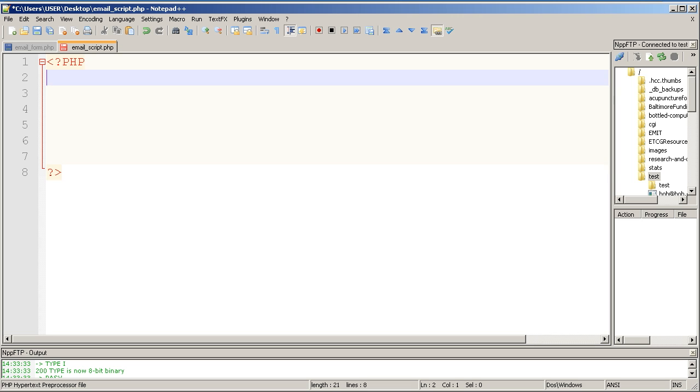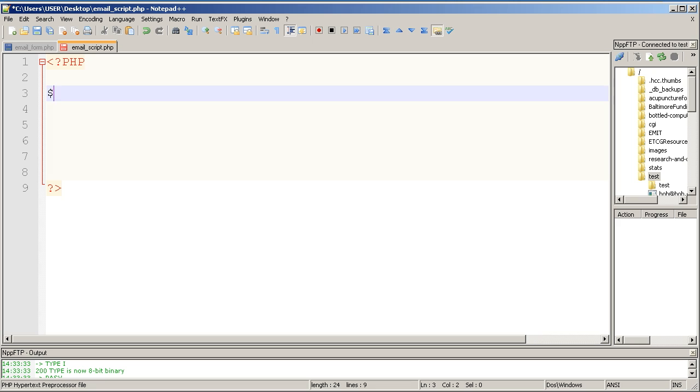It's easier in life with PHP if you get used to using variables, so all of the information we are going to pass to the script will be variables. So I do space, and the first thing we're going to do is create the from. So who is this email from? This is who will show up in the from line. So I'm going to do $from to create the variable, and we are going to set it to